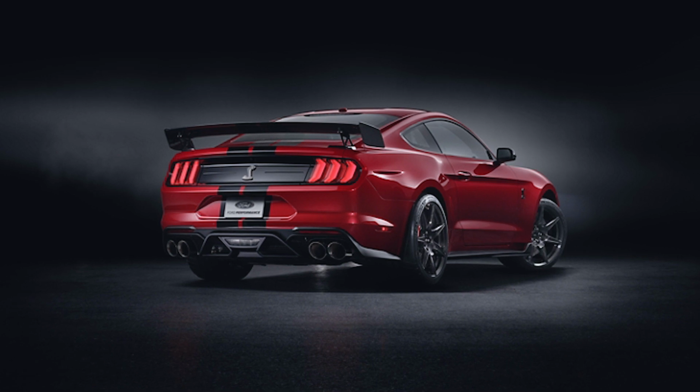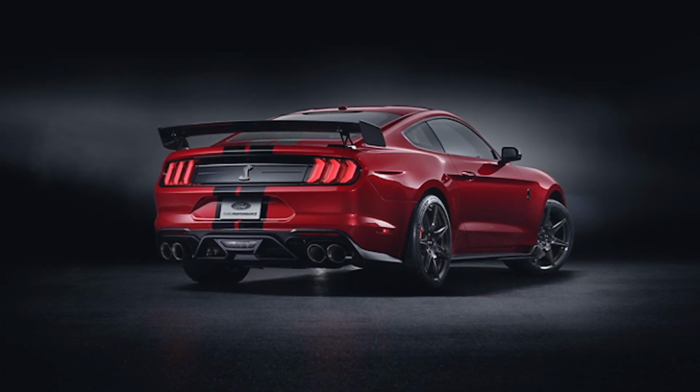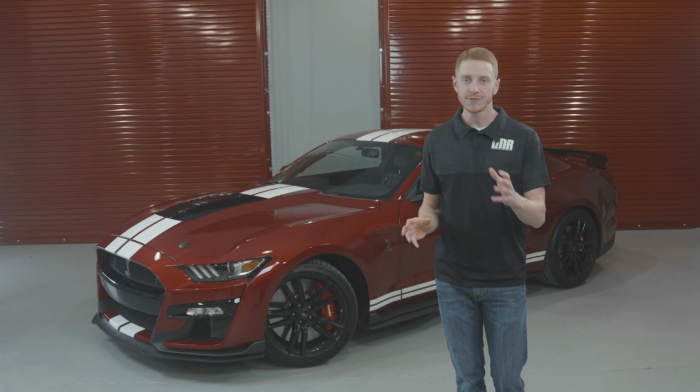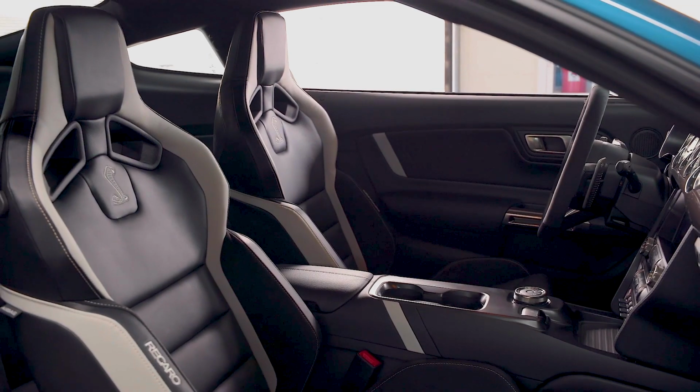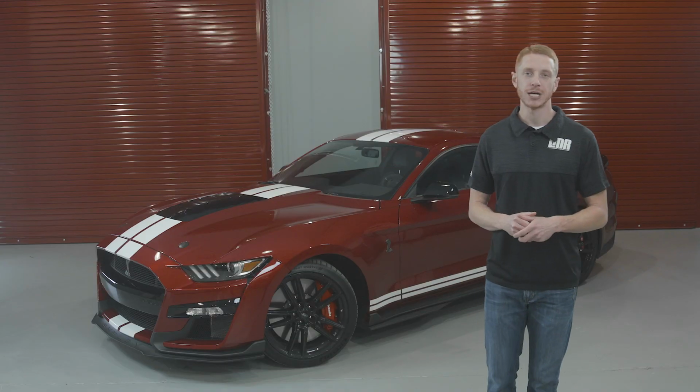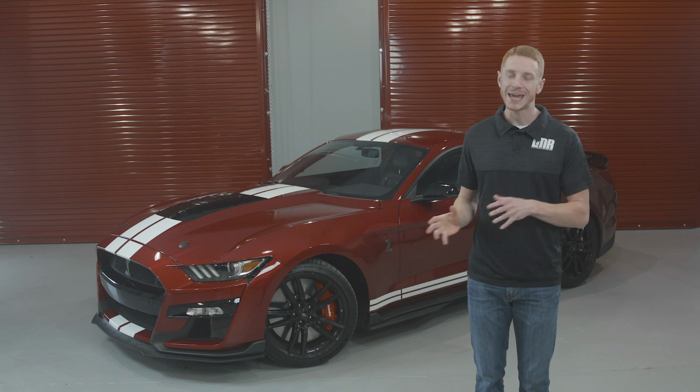20 by 11.5 inches in the rear, and those are wrapped in very sticky Michelin Pilot Sport Cup 2 tires. The rear seats are deleted for even more weight savings, and Recaro leather trimmed front seats come standard. Lastly, Ford includes a passenger side oil separator, which will help prevent oil vapor from making its way back through